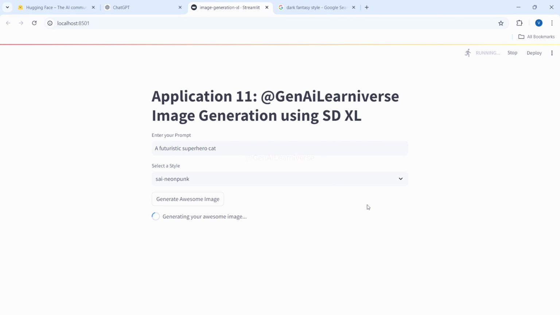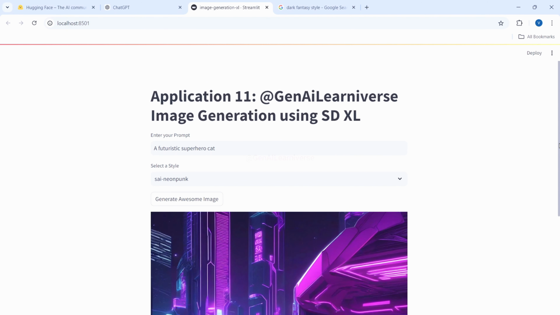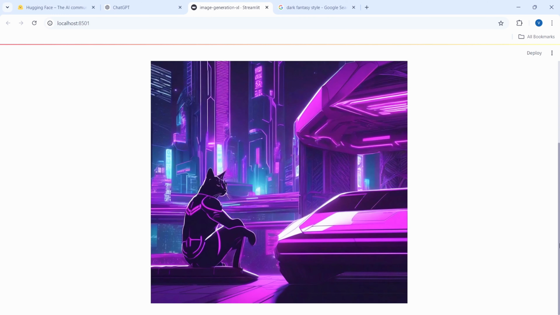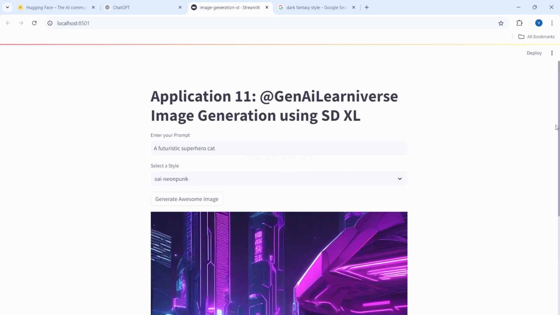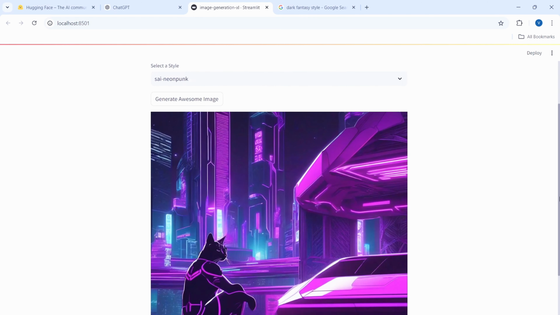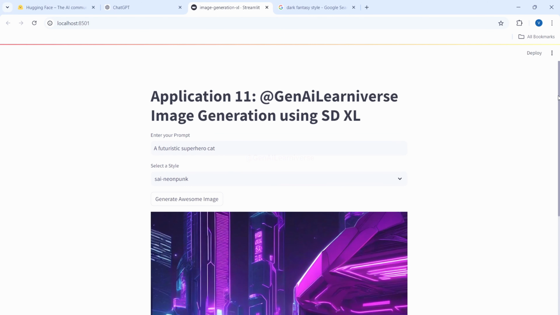Before that, let's wait for this image to generate. Okay, perfect. So my image is generated, right? Based on the style, whatever I'm selecting. So this is a kind of mini web UI version that you can utilize for generating any number of images on your local machine. Okay, so let's move to the next step, and we will be uploading our code to